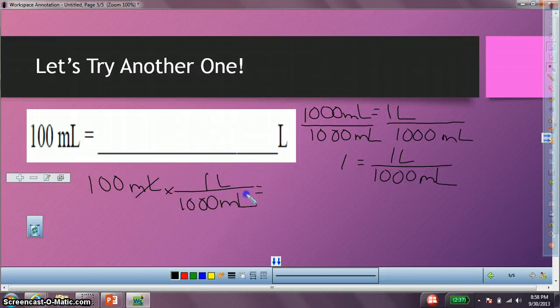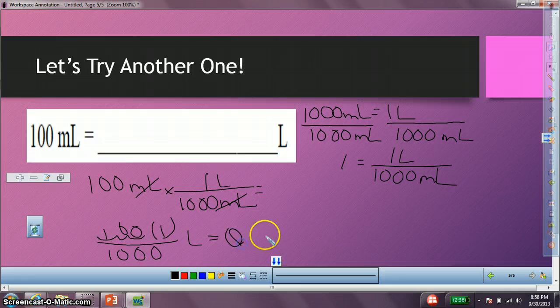Here, milliliters cancel because they're on top and on bottom, and we're left with 100 times 1 divided by 1,000 liters. 100 times 1 is 100, and when we divide by 1,000, we move the decimal point 3 places to the left. So we go 1, 2, 3. We end up with 0.1